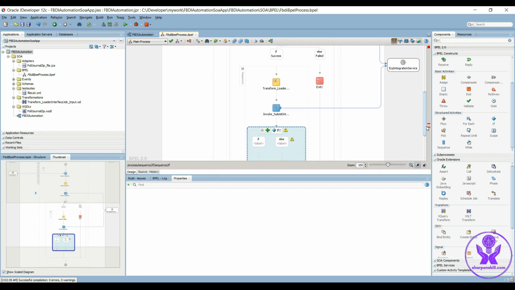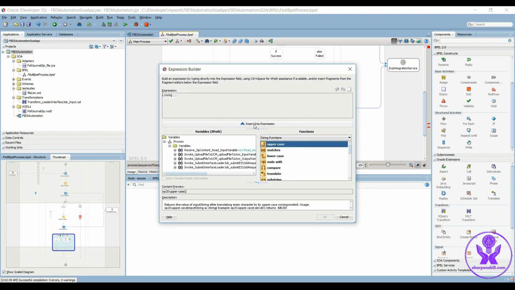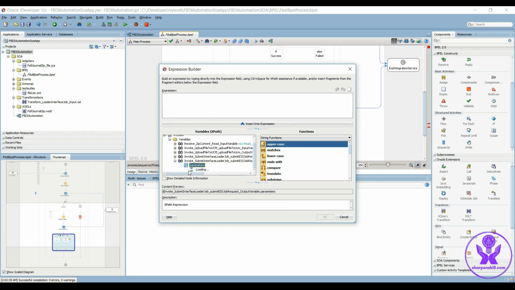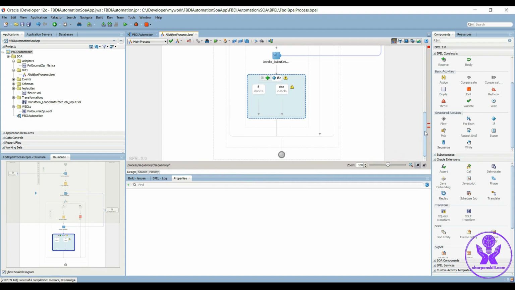Here I am going to check that the request ID has value greater than 0 or not. So let's select the output variable. Okay, select result, insert into expression. So if the request ID is greater than 0, that means request has been submitted successfully. Click OK. Now inside this, I'm going to wait for the request loader interface file for successful completion,